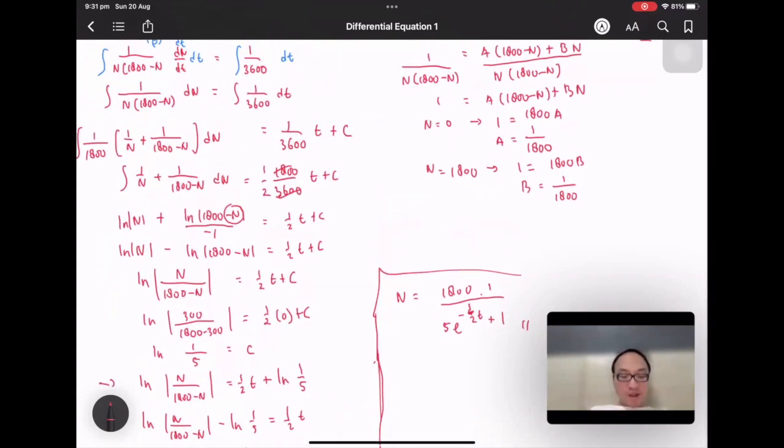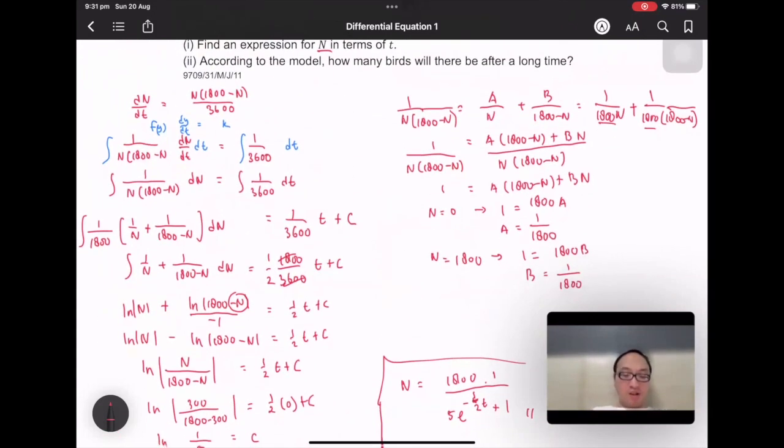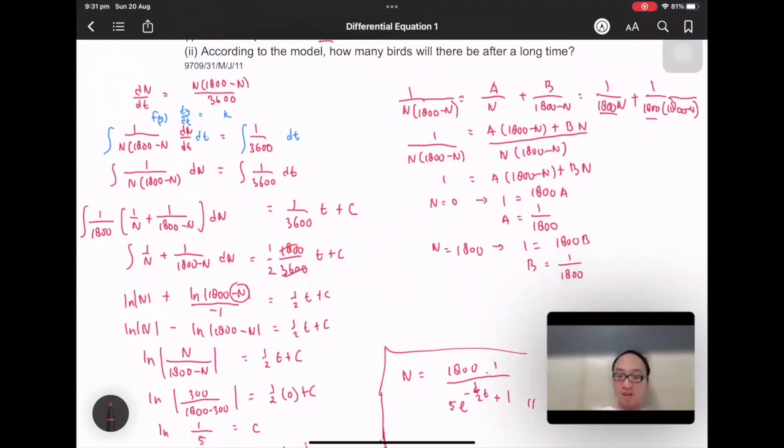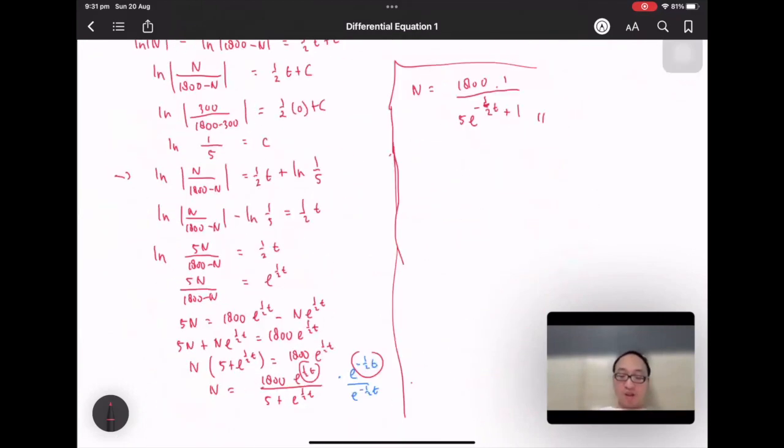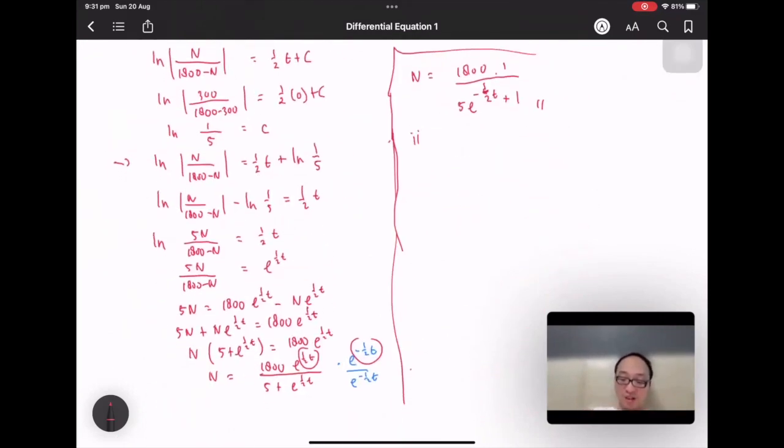And then question B: according to this model, how many birds will there be after a long time? So the second question, after a long time means t is approaching infinity. If we express our answer in this form, we can answer this question easily. So we can just put in n